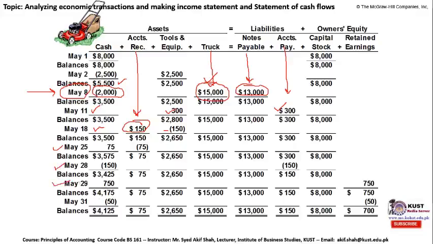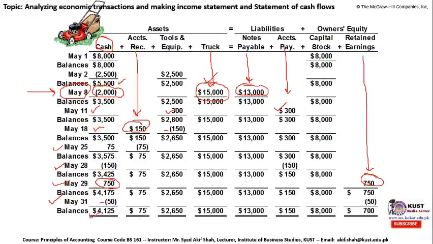So let's discuss the final two. On May 29, $750 is added under the column of cash, and $750 is added or mentioned as inflow in the retained earnings column because the company has given services to its client and received $750 in cash. And in the last transaction, May 31st, $50 in parentheses means you have to subtract this amount from the balance, which comes up with